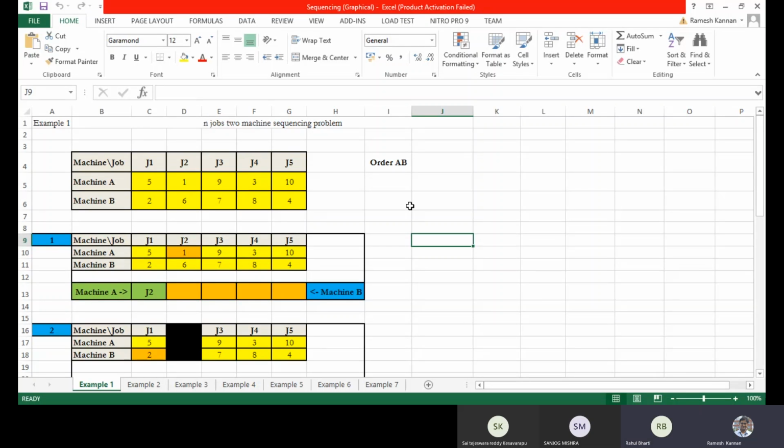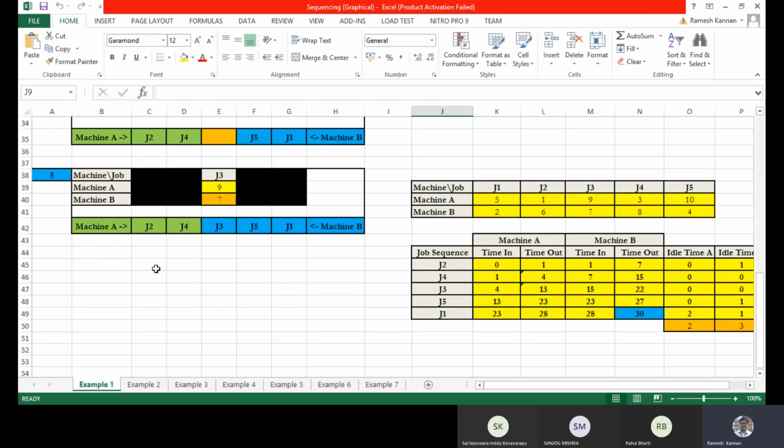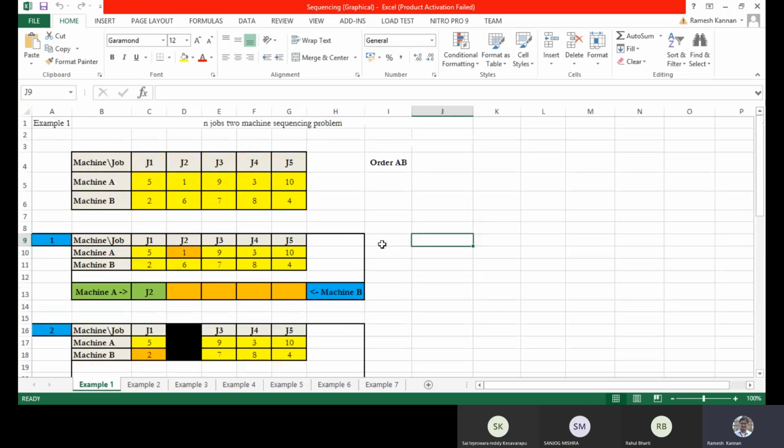Okay. Yes, sir. So this is what we left in the last class. This is a problem we have started in sequencing, and luckily this is a problem of n jobs and two machines. Only two machines. We have got n number of jobs. In this case, we have got 5 jobs. Then we form the sequence, then we calculated the time in, time out, then the idle time for machine A and machine B. And the dependencies, we haven't generally considered any dependency because A B is the normal sequencing.